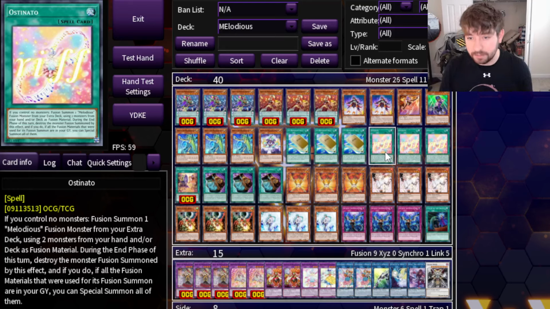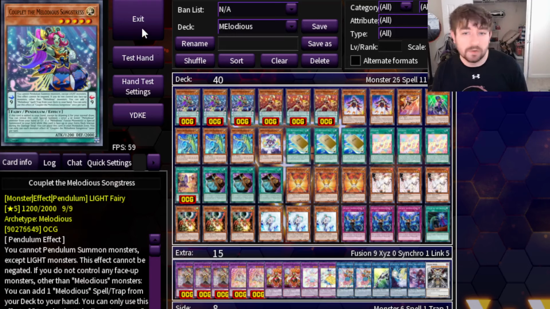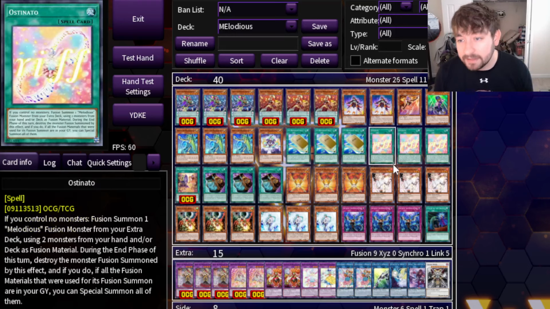I think this deck is legitimately real, and I think one of the reasons is Ostinato is one of the most insane one-card combos I've ever seen. This card beats every single hand trap in the game. It does not lose to one hand trap, except for sort of. You'll see. So today I'm showing you how to beat every single hand trap in a row